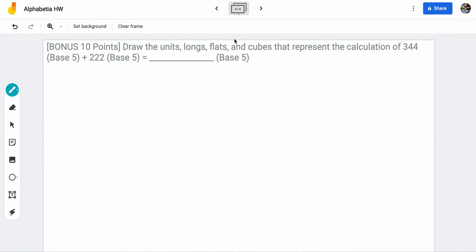Last problem, this is the bonus. Draw the units, longs, flats, and cubes that represent the calculation of 344 plus 222. This is also in base 5. So when you are adding this together in base 5,